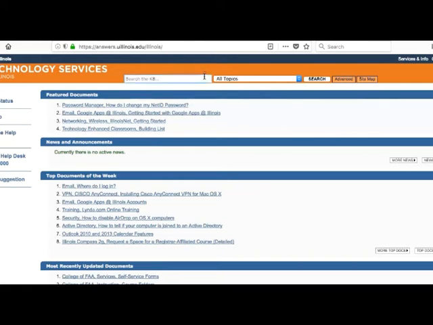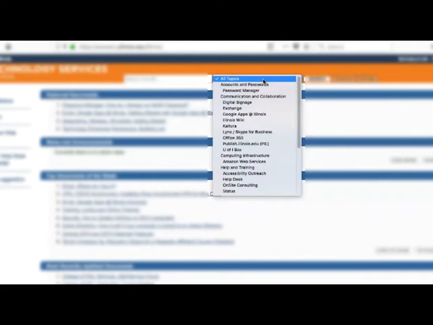As you type, the site will give you a count of how many articles will match that search, or let you know if there are no matches at all. If I type password, I get several results, something like cupcakes, there are none. Pretty neat. Articles are also organized by topic, which you can see in this drop-down list. But it's usually easy enough to find the article you want with good keywords alone.